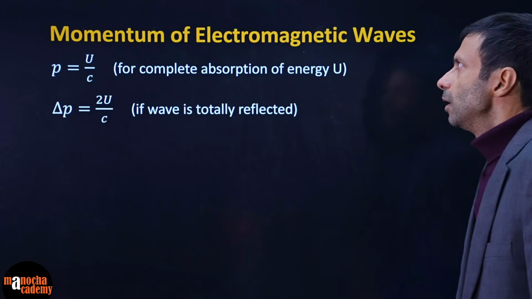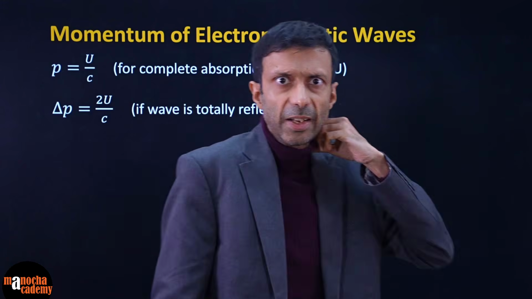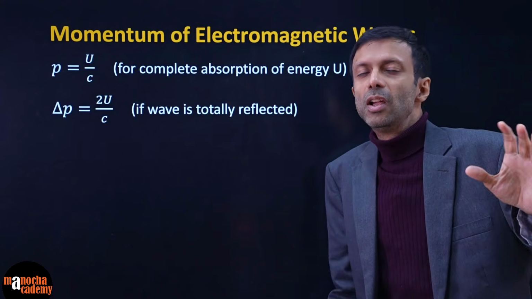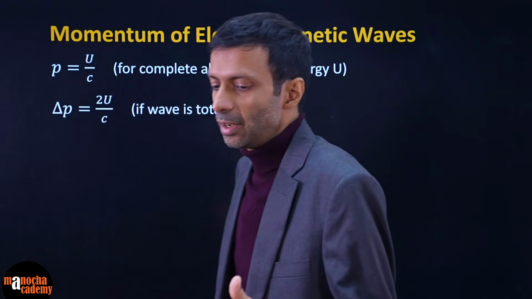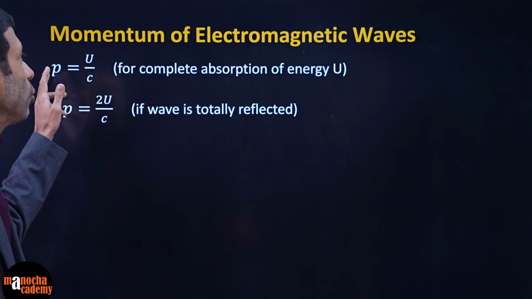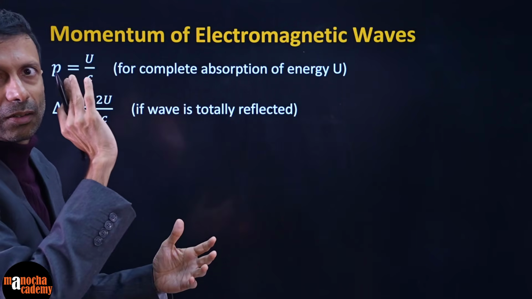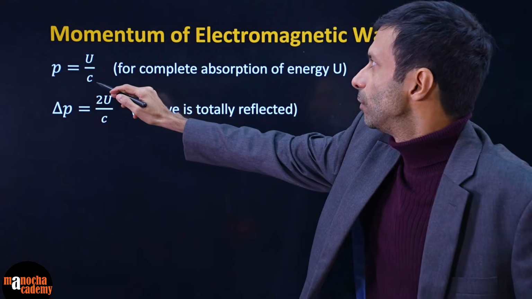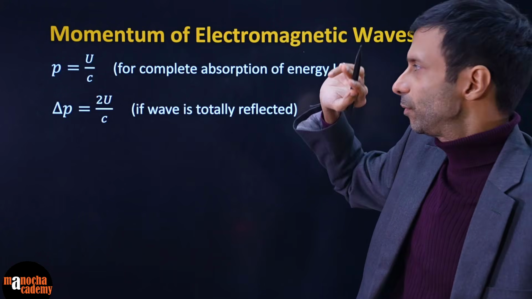Simple. Then there is a formula for momentum, right? You'll say momentum, I've heard of it for a particle, right? You know that for electromagnetic waves there is a photon theory and all, but we'll not go into all that stuff. We'll discuss that since your electromagnetic wave is there, based on de Broglie's hypothesis. You can also define the momentum, right? Suppose this wave is falling on a certain area, and there is a complete absorption of the energy. Then the momentum transferred is U by c, energy by speed of the wave, right?